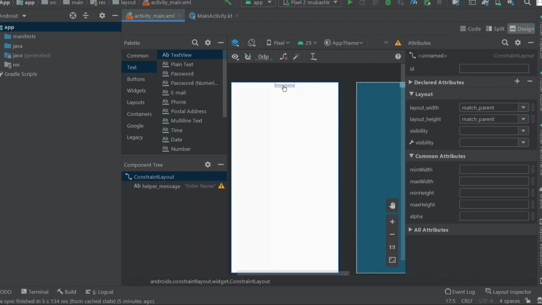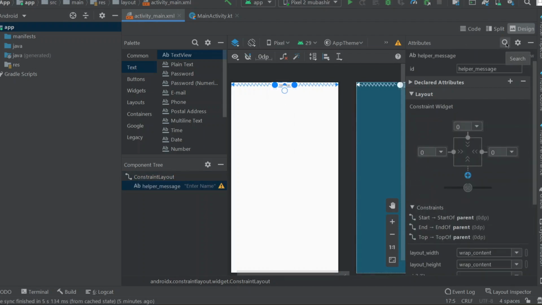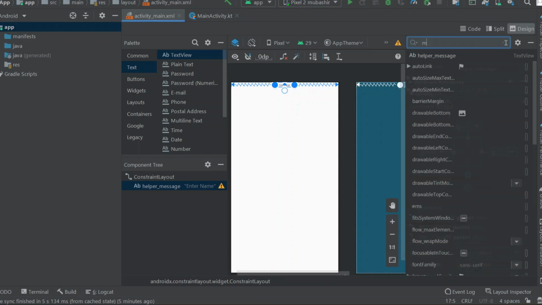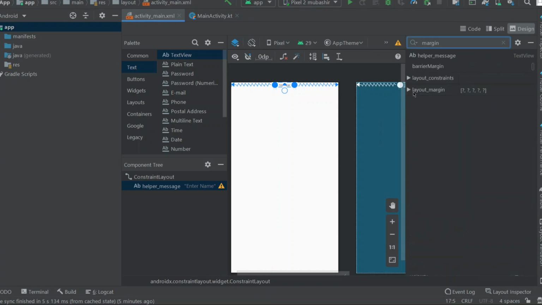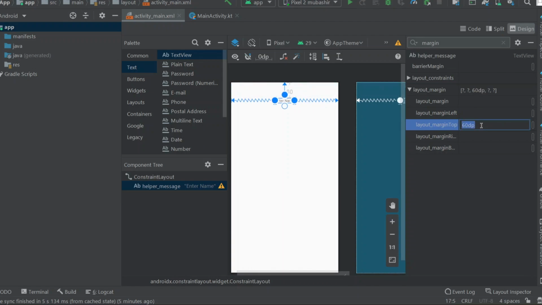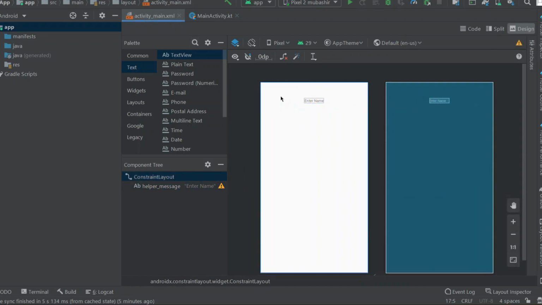So click on this, and here in the search bar search for margin, and when you click on this you will get some different types of margin. We are going to give this layout margin top because we need space from the top, so I am going to give 60 dp, enter. So now here you can see this has come down by 60 dp. So just minimize this. Okay, enter name.